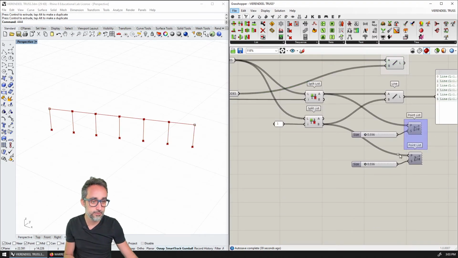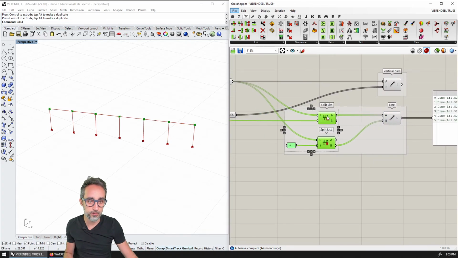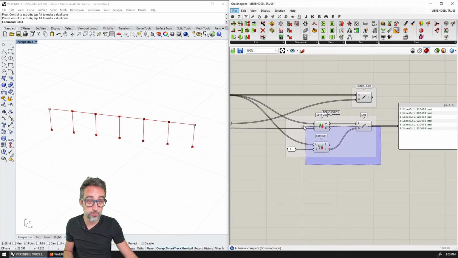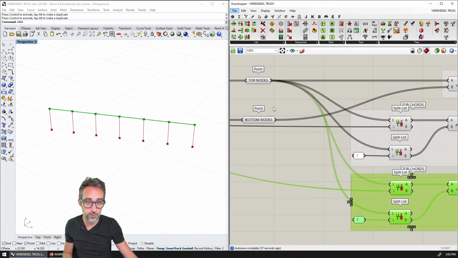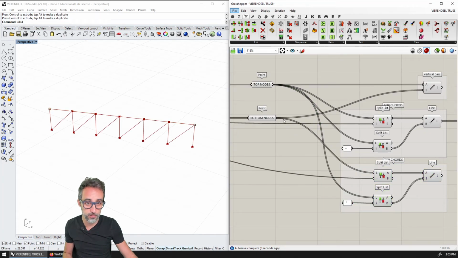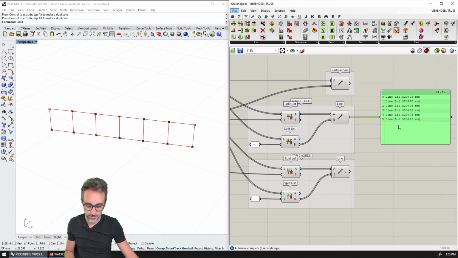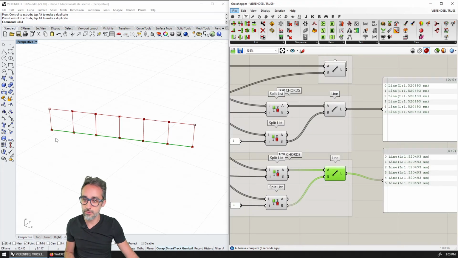And then here I'm going to group this, and I'm going to make sure that these are the top chords, and then I'm going to copy and paste this, but instead of using the top nodes, I'm going to use the bottom nodes, and I'm going to plug those in here, and then kaboom. Now I have the same thing. I have a list of lines that are the bottom chords. So, ta-da! I think that's it.